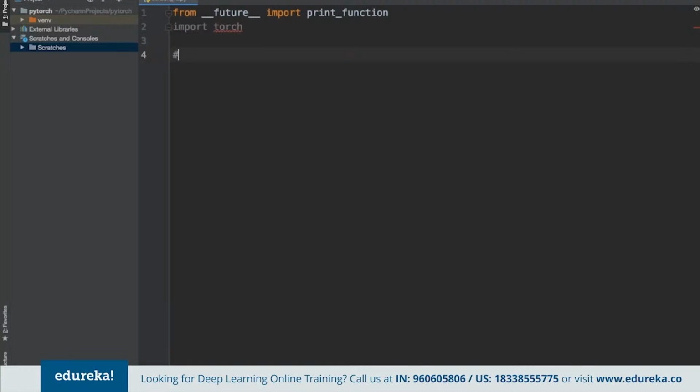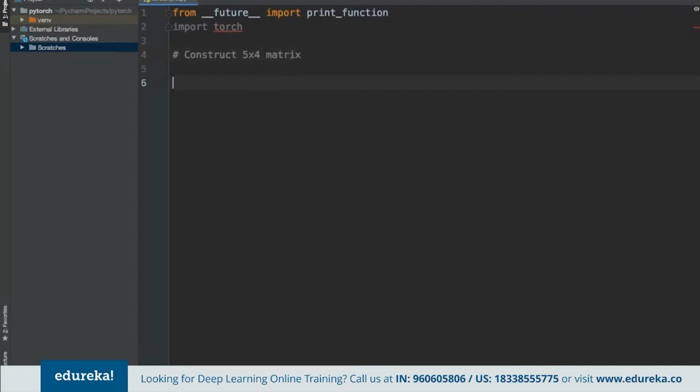Now in here, what we are trying to do is, let's say we want to construct a 5 by 4 matrix.